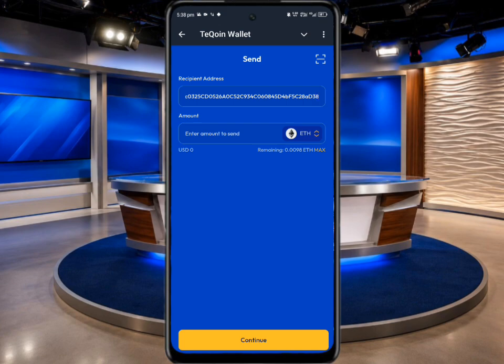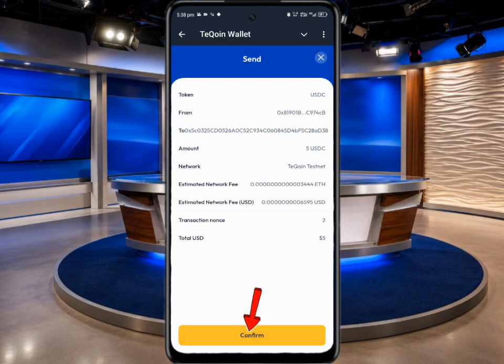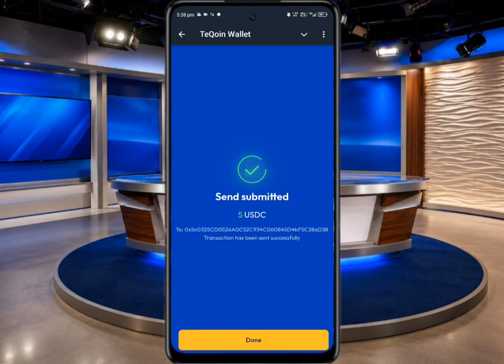You can send USDT, USDC, or any other supported testnet token available in your wallet. For this demonstration, I'm going to send $5 worth of USDC to the wallet address. I'll click on Continue, then confirm the transaction, and as you can see, the $5 testnet USDC has been successfully